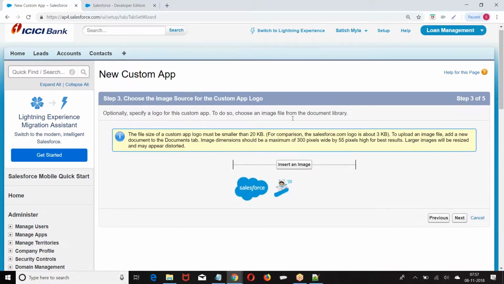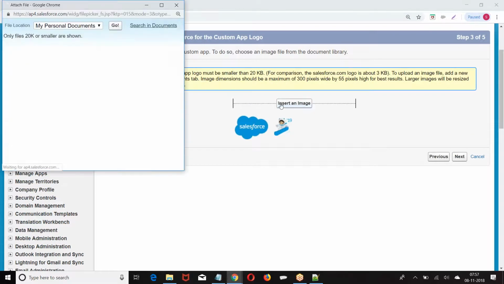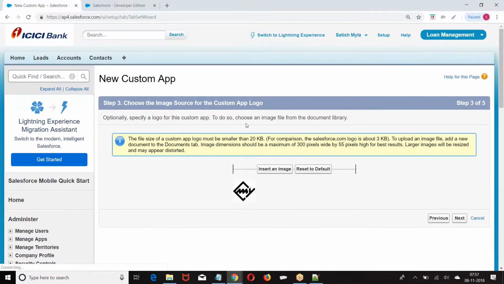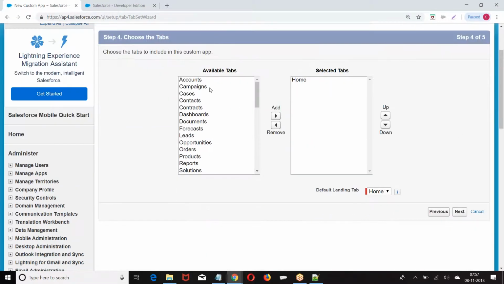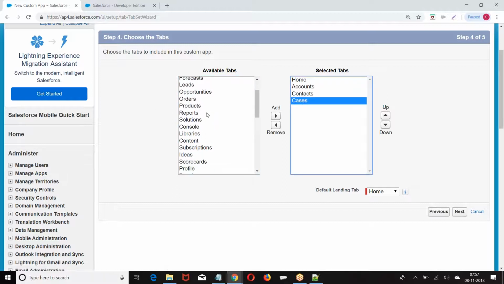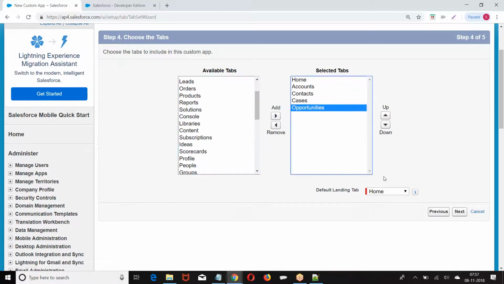Next. Then we insert the logo. Next. Choose the tabs. What is the default landing tab? Choose one of the tabs as the default landing tab. Next.